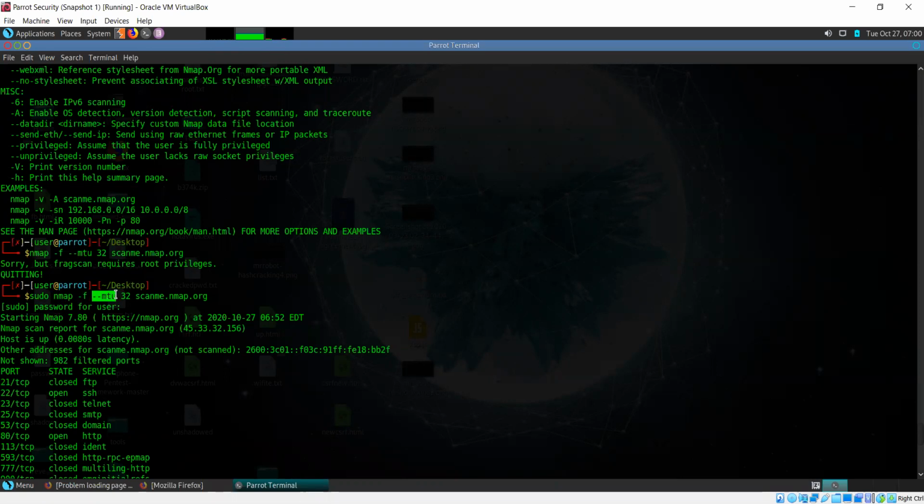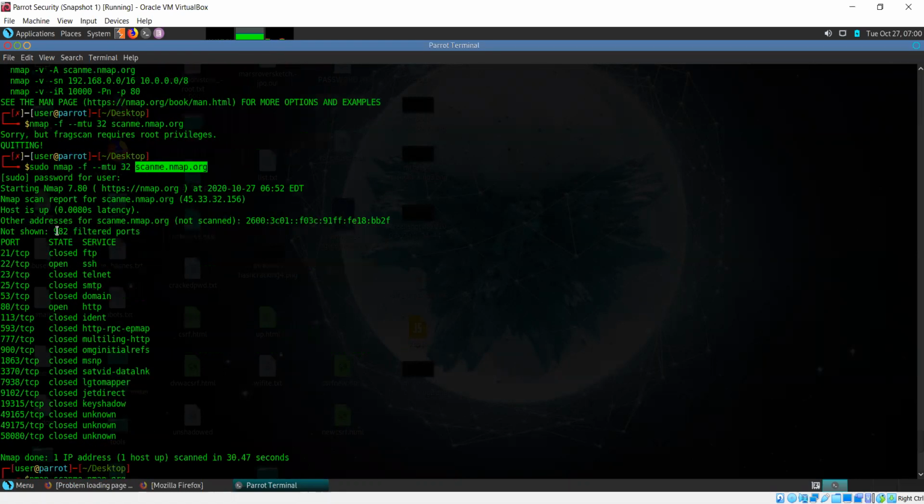Double hyphen MTU specifies the MTU size, so you can use both these commands together. There's no restriction. Then I specified the MTU size, 32 bytes, and my target, which is scanme.nmap.org.